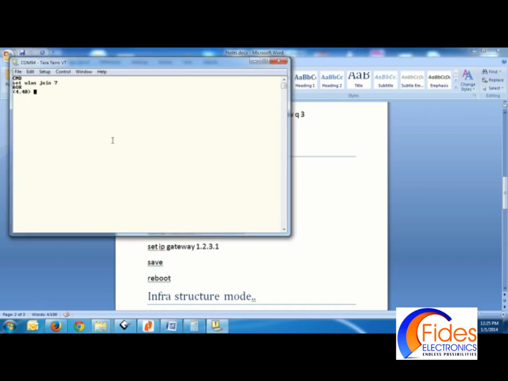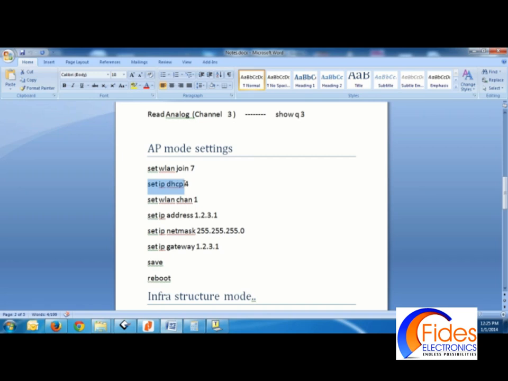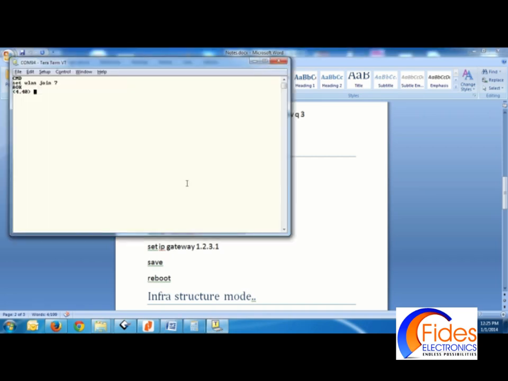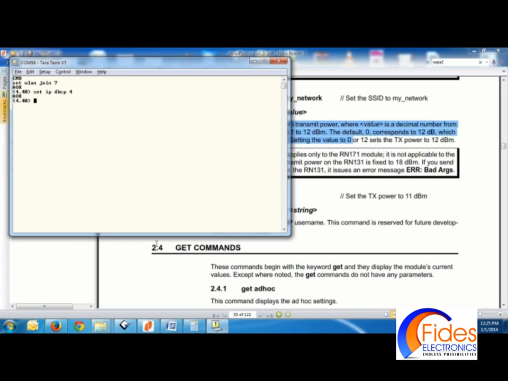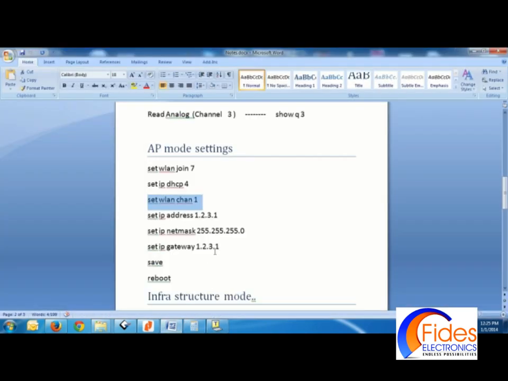Now, to set the module in access point mode, enable the DHCP server. Set the channel as channel 1. Set the IP address as 1.2.3.1.